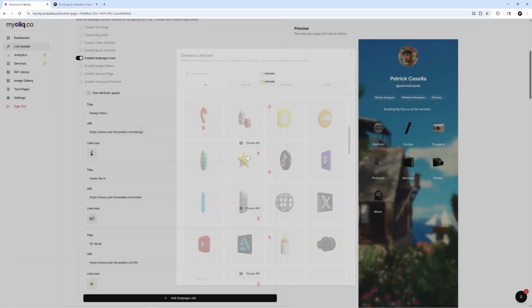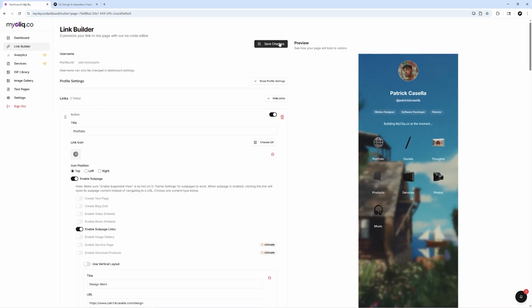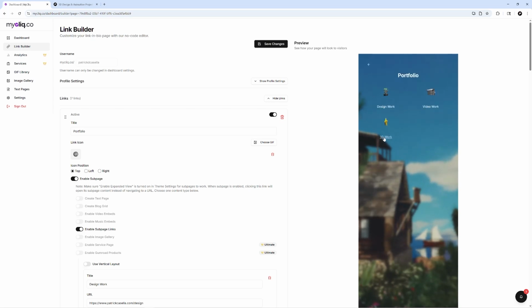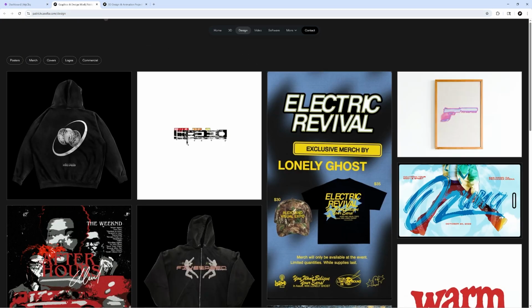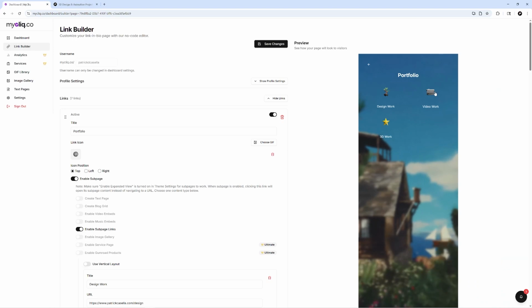Maybe I'll just do a star. Okay, we're going to go ahead and save changes. And now what's going to happen is when a user goes on your page and they click this portfolio link here with that subpage link enabled, they'll see three options. They'll see design work, video work, 3D work. Now all you have to do is click on one of them and it'll take them to the specific page of your portfolio. Video work,